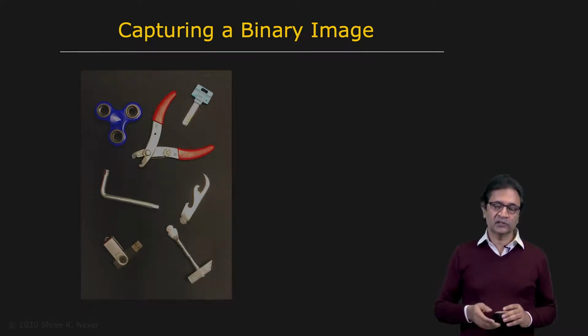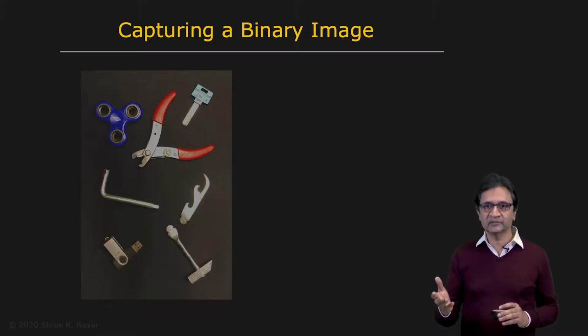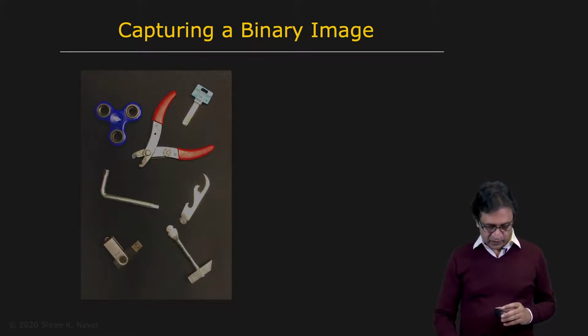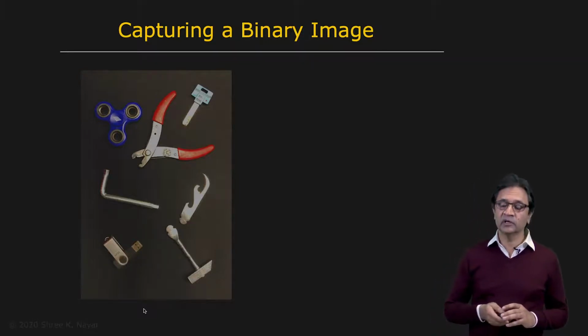Unfortunately, as you can imagine, it's going to be really hard to threshold this image to get a binary image. You see that some of the objects, because they're 3D, have shading on them. They have these strong specularities or highlights. They have different colors. In fact, if you look at this object right here, a part of it is virtually the same brightness as the background itself. So simple thresholding is not going to work.